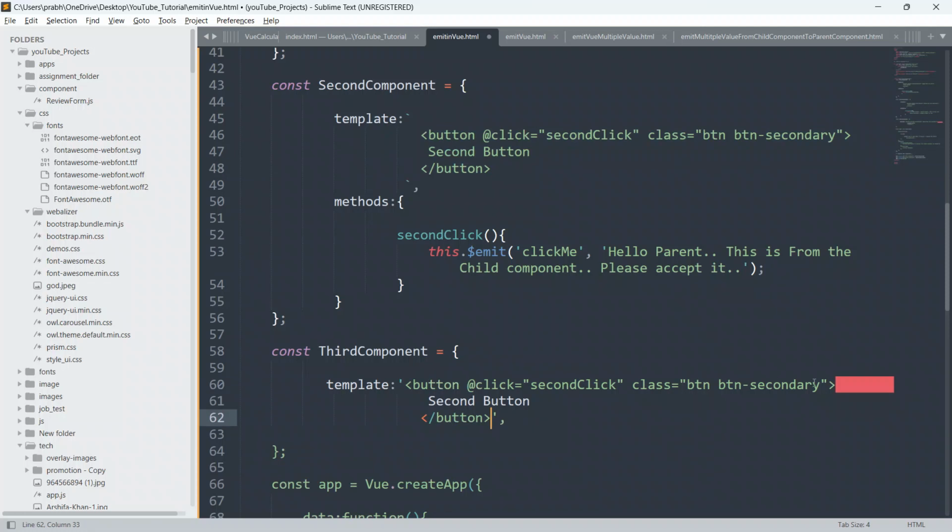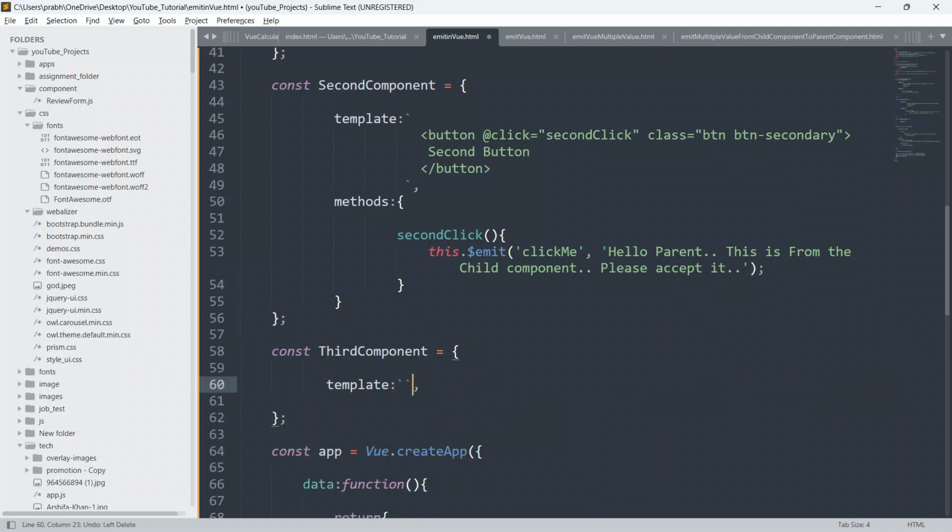Okay, so you can see here guys, we are getting the error. You can't define the multi-line component by using the single quote. To define the multi-line component, we have to use the backtick. So just revert it back, and I'm gonna define here backtick for the multi-line template. Always remember this.